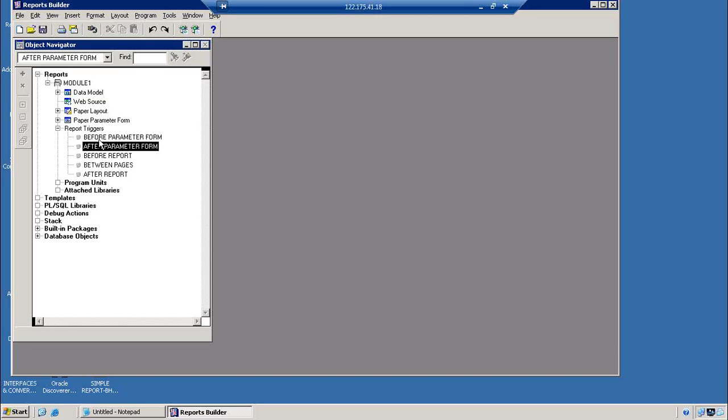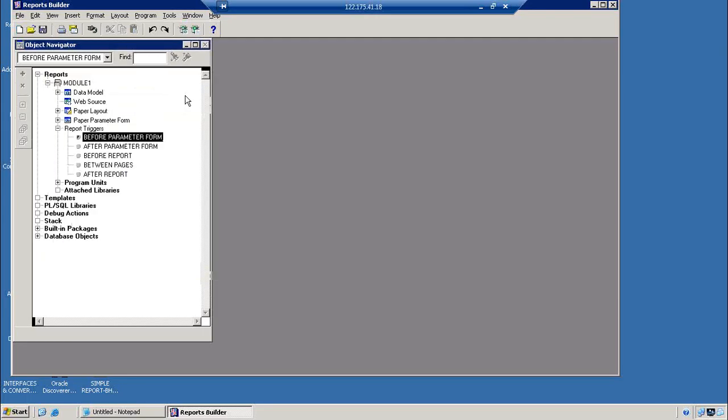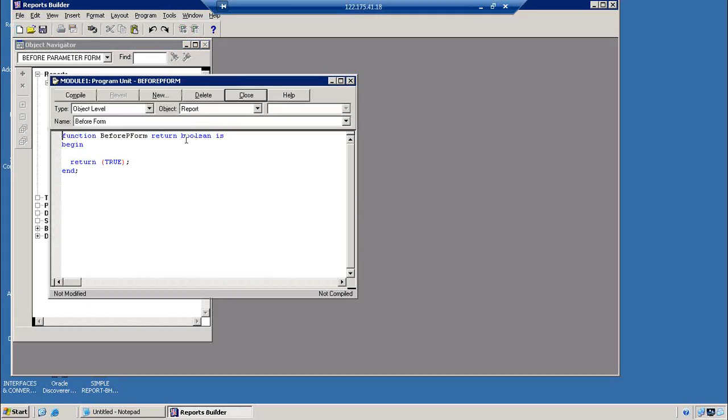The first one, first I want to understand when this before parameter form trigger is fired. We want to understand when this respective trigger is going to fire in our report at runtime, right? So whenever I'm going to run the report, this trigger is going to fire before opening the parameter form window, right? Then for that purpose, go to PL/SQL editor, okay, program units, then just here observe this one, double click on this one, we can go for